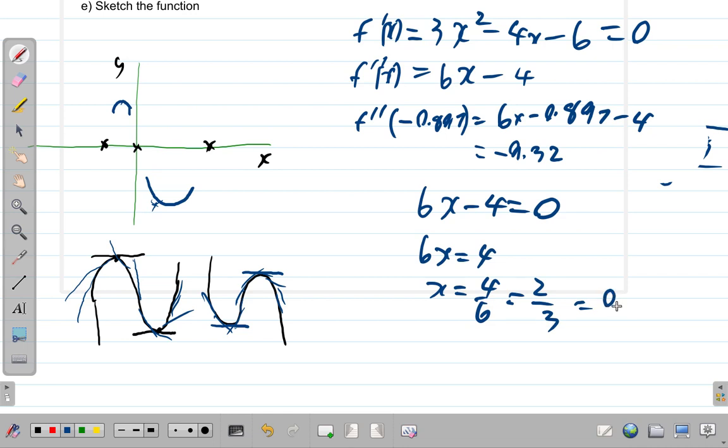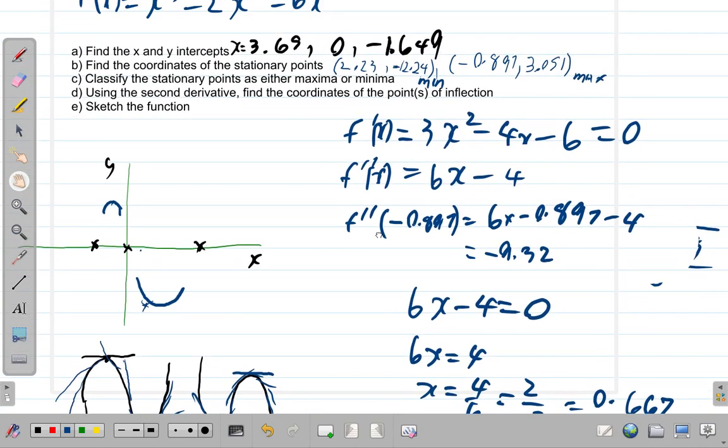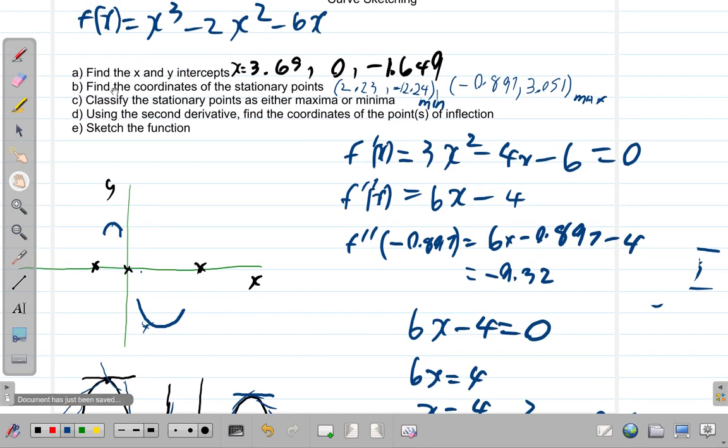or say 0.667. All right. So 0.667 would be the x value of the point of inflection. We need to know what the y value is to get the complete